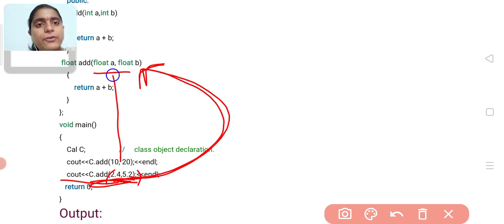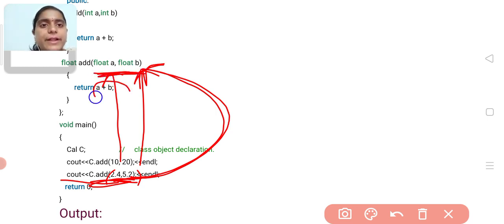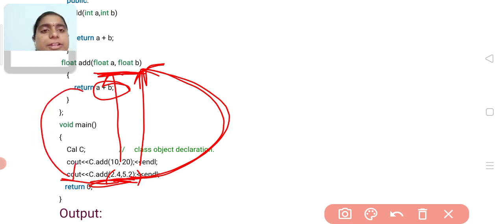Here 2.4 will be passed to A and 5.2 will be passed to B. Then it will add those values, and the return keyword will give the result back to the calling function.